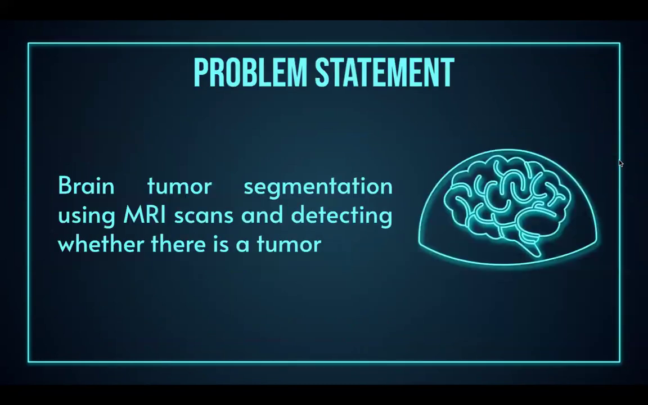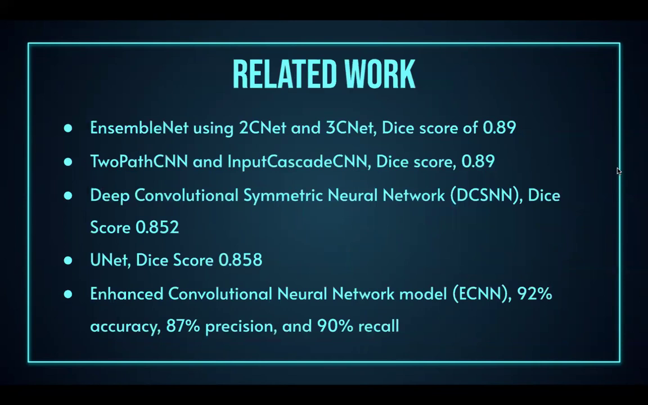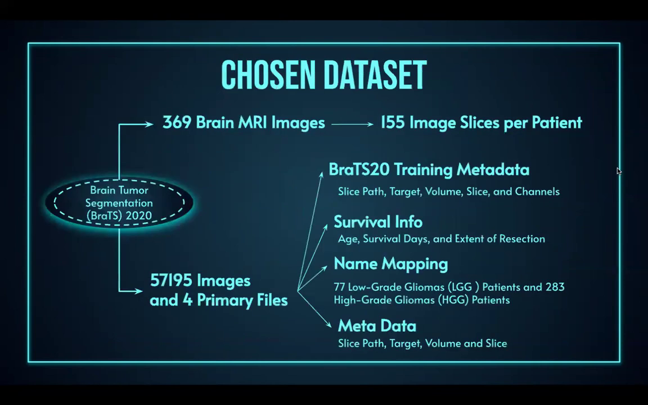Our problem statement is brain tumor segmentation using MRI scans for patients and detecting whether they have a brain tumor or not. This is the related work that we covered previously. And this is our chosen dataset for the brain tumor segmentation, which is called BRATS 2020 because it's the 2020 version. And this dataset includes 369 patients, where each patient has 155 slices of their brain scanned, and